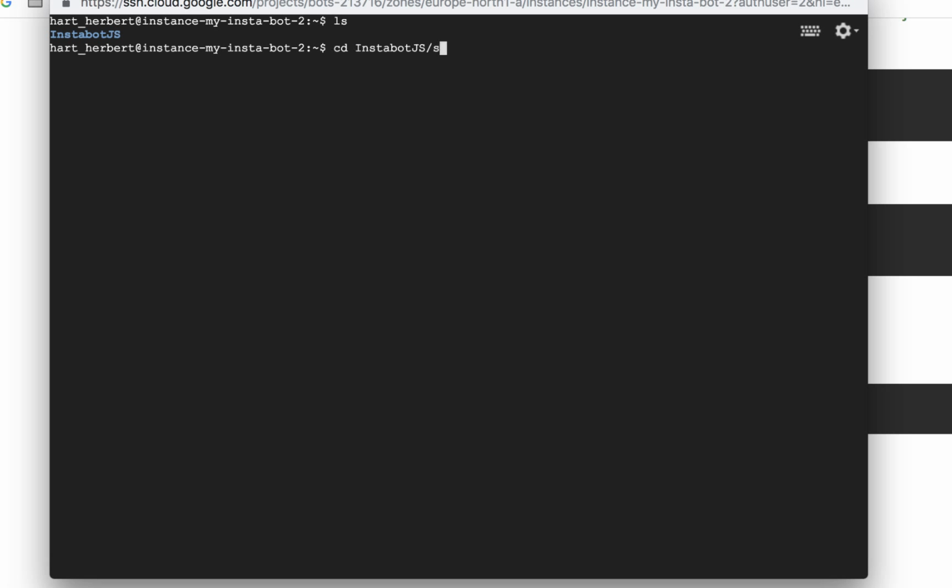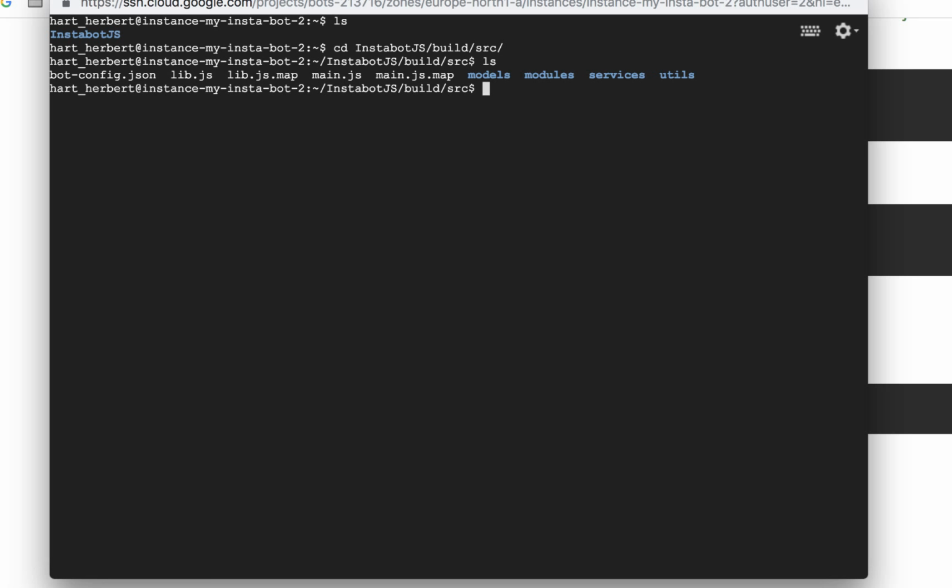instabot.js/build/source. Now we are in the directory and we see a few files, and one is called bot-config.json. You see it here. We need to modify our configurations in there and put in our username of Instagram and our password so the bot can log in as you. So let's get in and modify the file by typing sudo nano